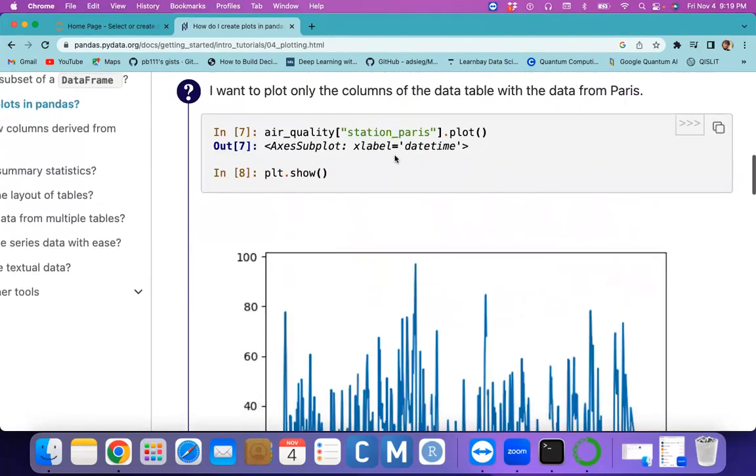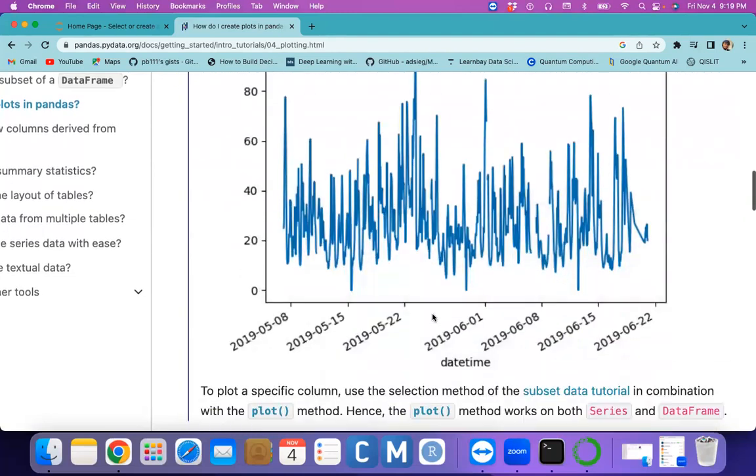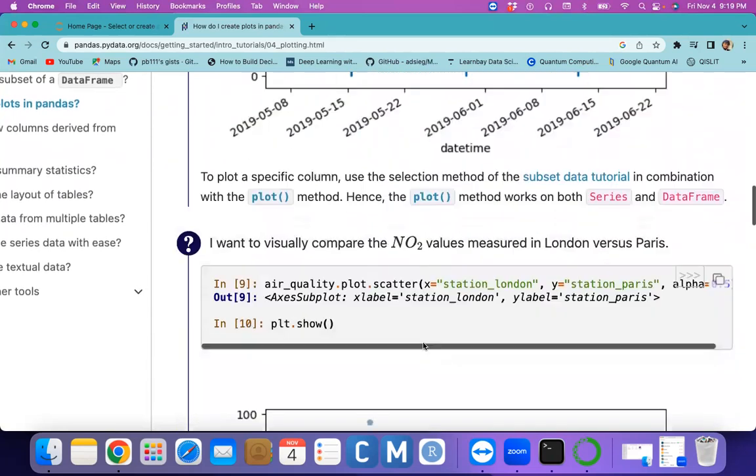But now I want to plot only one specific record or one specific column, or one specific field. Then you just give the index and the column name. And if I use the plot, we are going to plot only one field's information. Okay, if you want to plot